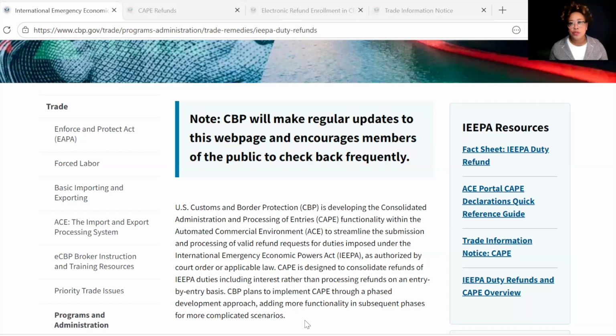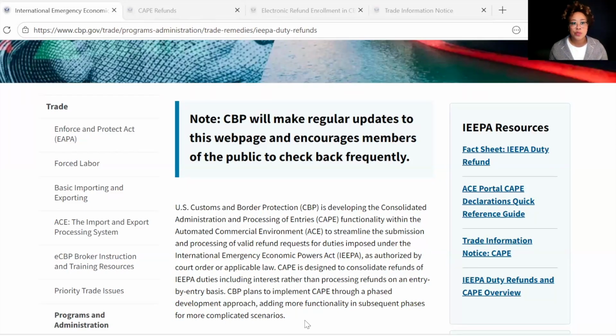And ACE portal users with importer sub-account access can monitor refund activity through the ACE reports. All right, it's in your reports. And the new revised 615 CAPE refunds trade report, that is where you'll find the CAPE related refund information. All right. For unliquidated entries other than warehouse entries and entries with extended, suspended, or under review liquidation status,